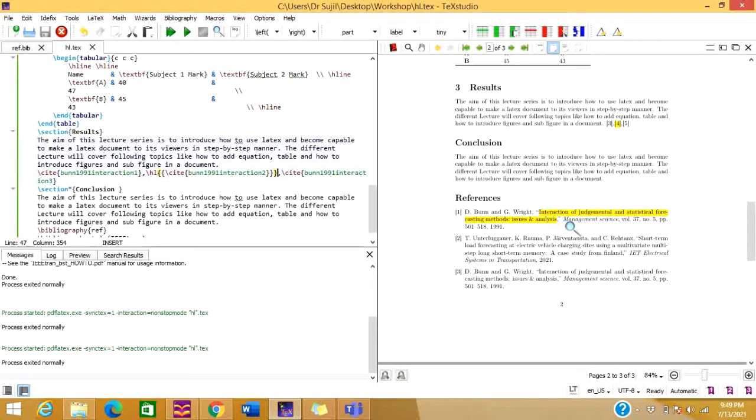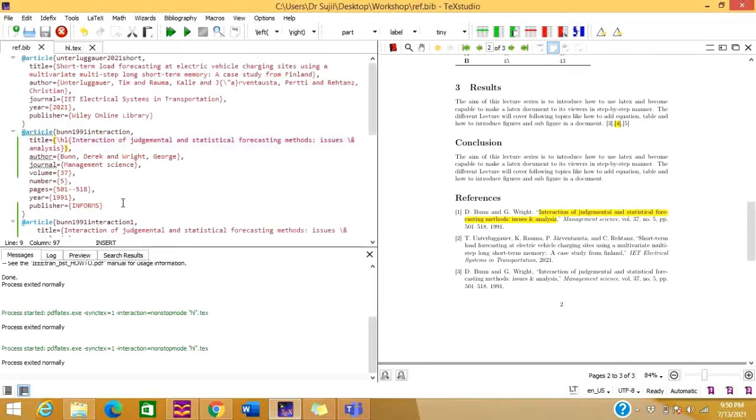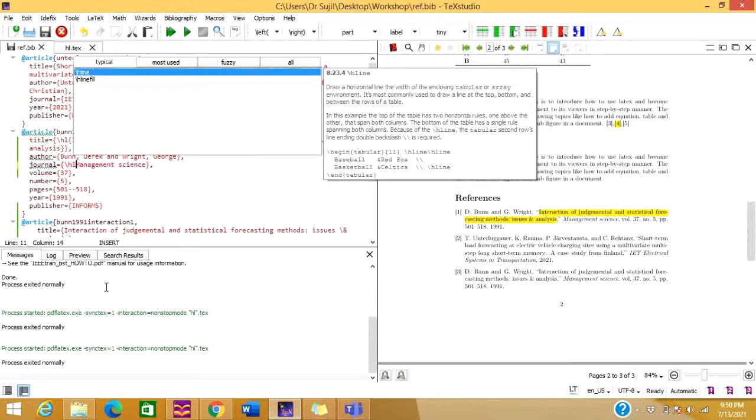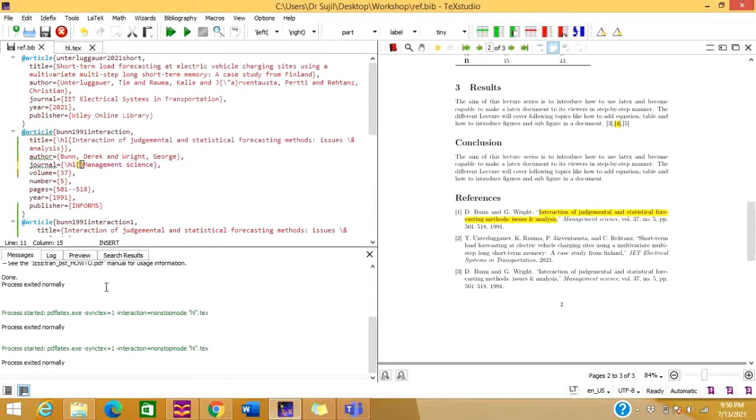Now if you want to highlight this portion also, you need to go back to here, and you need to have the command like this. Here in journal you can write HL, and then you can start a bracket, then you can go here and close that bracket. You can press Control S to save this document.